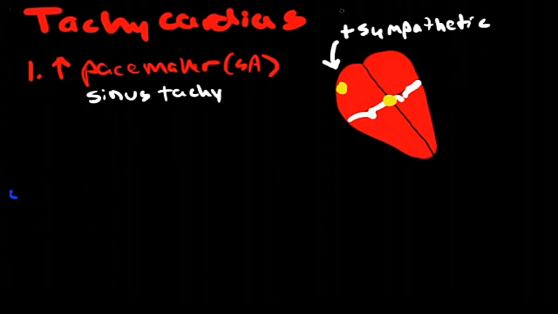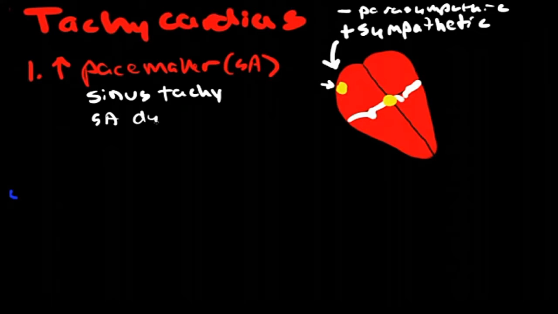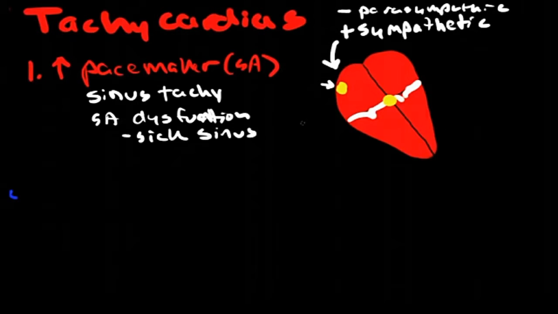Or it could be caused by a decrease in parasympathetic tone. Or it could be caused by dysfunction of the SA node, for instance. One example of this is called sick sinus syndrome. Now, sick sinus syndrome is an interesting illness. It's just dysfunction of the sinus node that can cause tachycardia, and it also can cause bradycardia, and generally people swing back and forth, because the SA node is damaged and swings back and forth from being overly excitable and underexcitable. Okay, and number 2